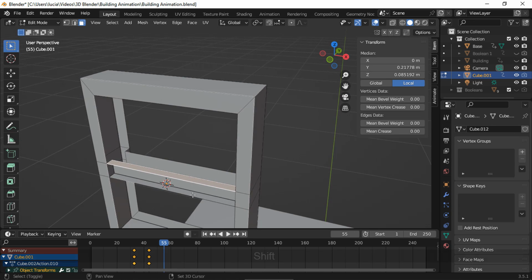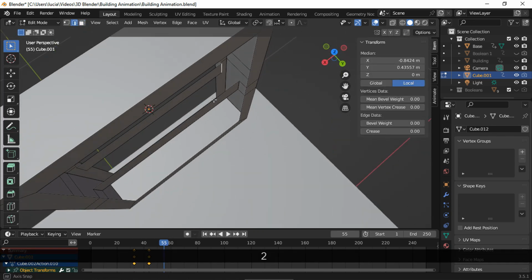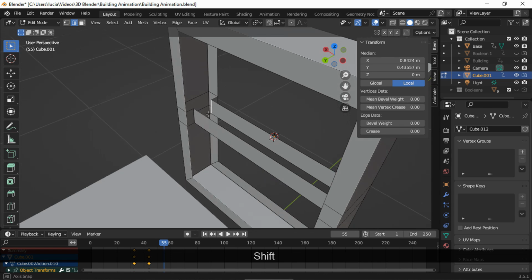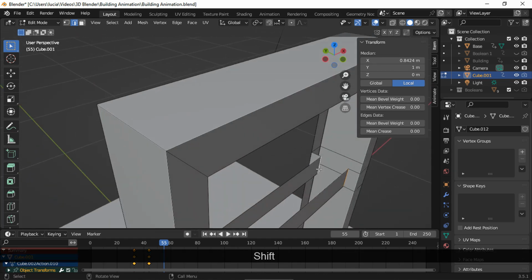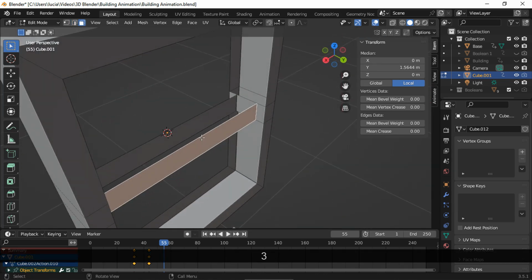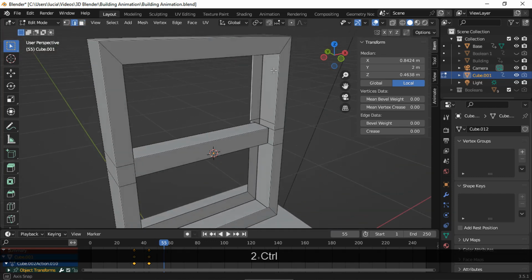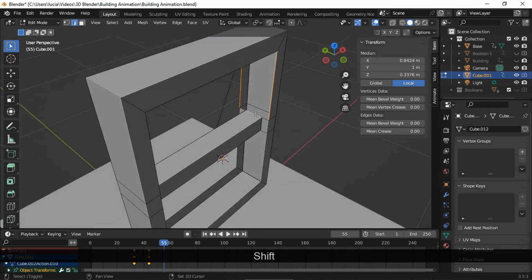Now fill the edges. Switch to face mode and fill these faces. Now do the same with the remaining edges.